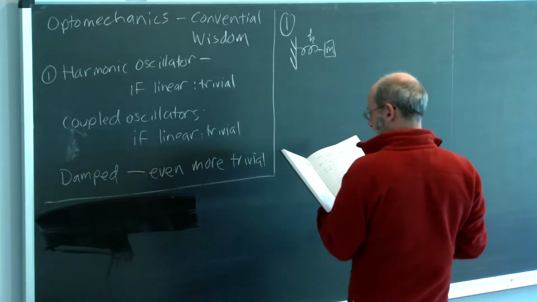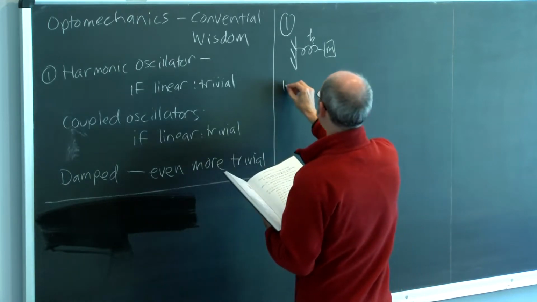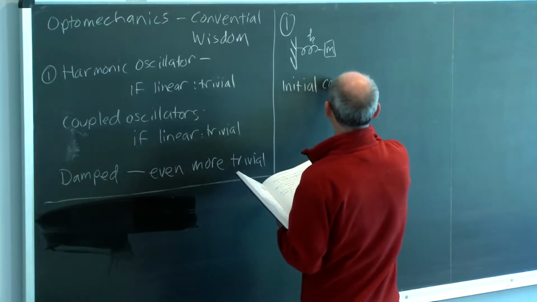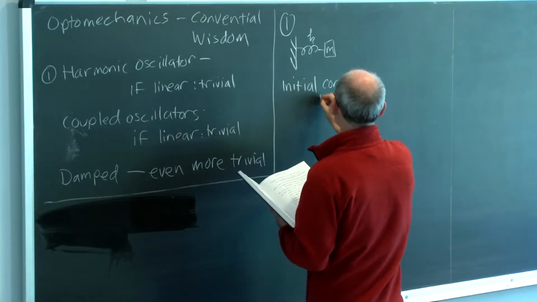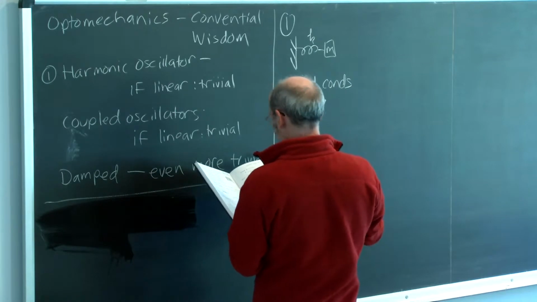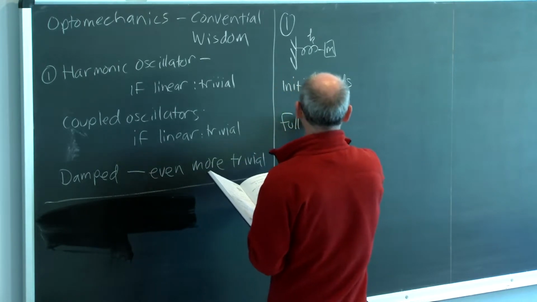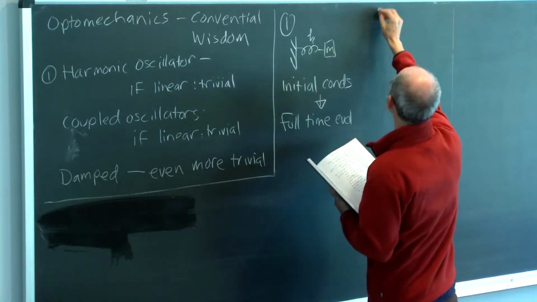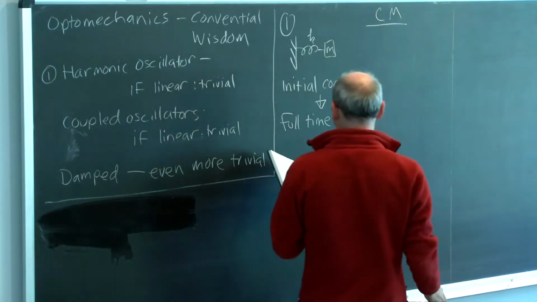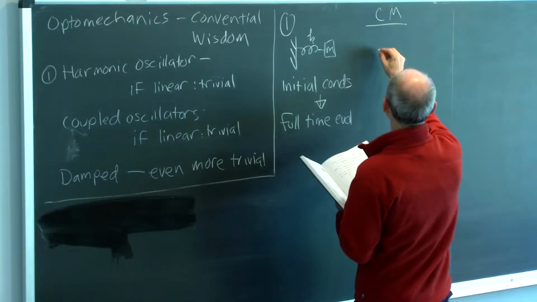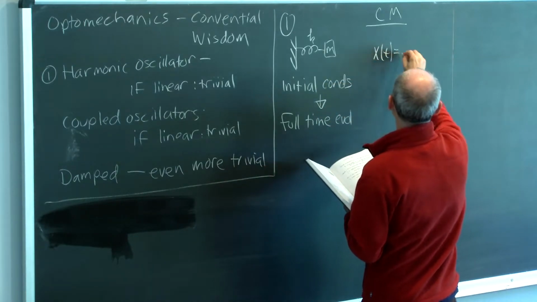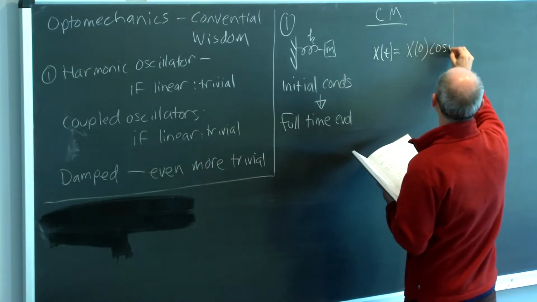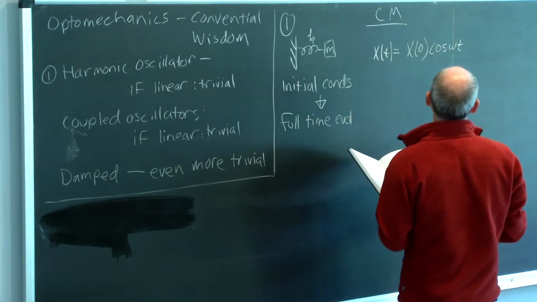And in classical mechanics, we can make the following statement, that if we're provided with the initial conditions, we can then write down the full time evolution very simply. So CM here means classical mechanics, and the result would just be that the position of this object as a function of time would be related to its initial position and subsequent cosine-like oscillations,